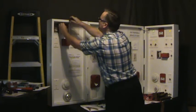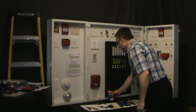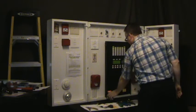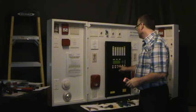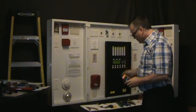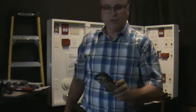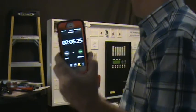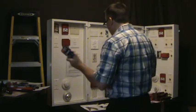Okay, we'll put this back in. We turn our key back, stop. The guy at the panel will reset it. Okay, panel's back to normal. So, this one here took 2 minutes and 5 seconds to do that test. Times 2 guys, so that's 4 minutes. So, 4 minutes